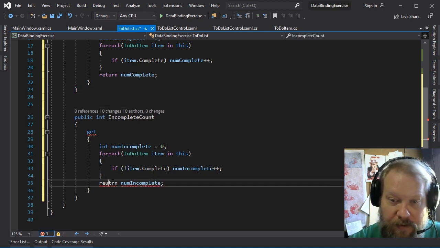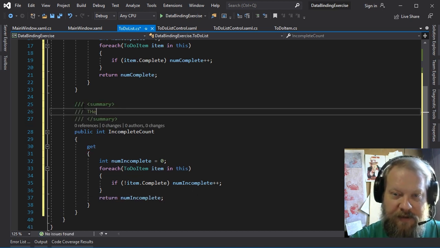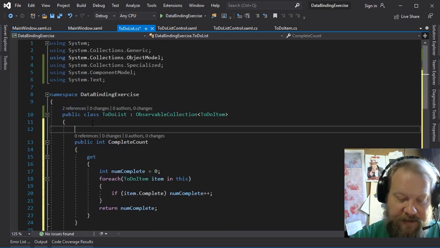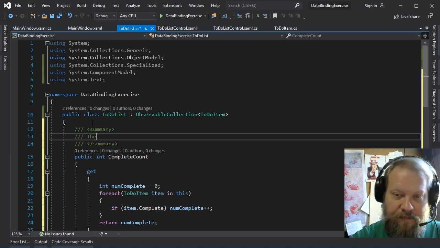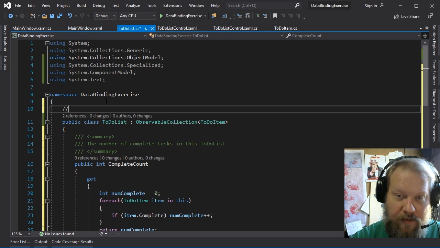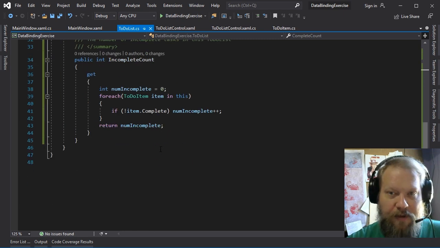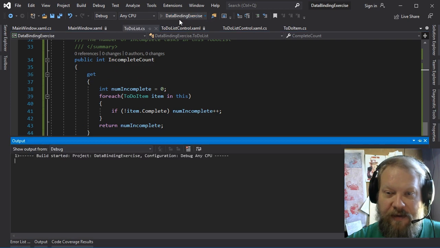And of course, we'll want to add our comments. Number of incomplete tasks in this to-do list, and the number of complete tasks. And up here, we'll go ahead and say a class representing a to-do list. Okay, so if we run this again,